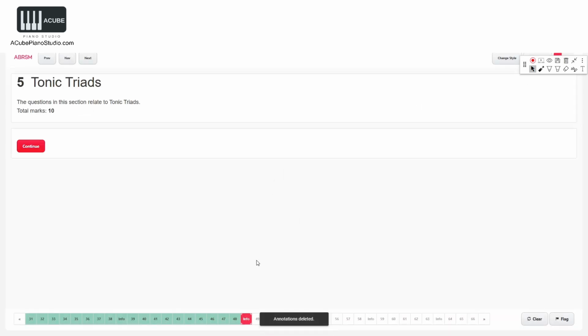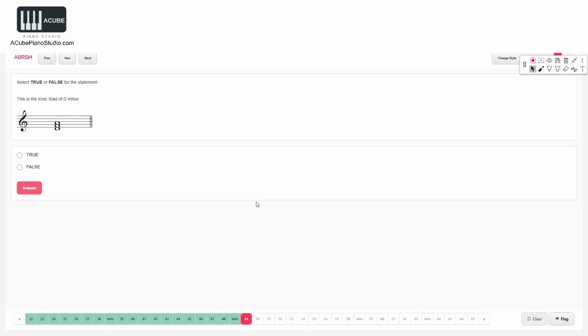Okay, so now that we have completed the section on intervals, let's move on to the next section, which is on tonic triads. Okay, so this is the tonic triad of D minor. Before we look at it, let's check the lowest note is D. Yes, it's correct. Then you just need to stack on top. After you have checked the lowest note is D and you have stacked on top, next you need to check whether you need sharp or flat. So for D minor,